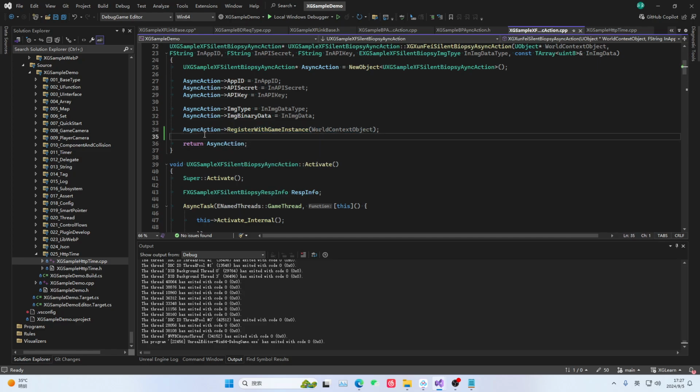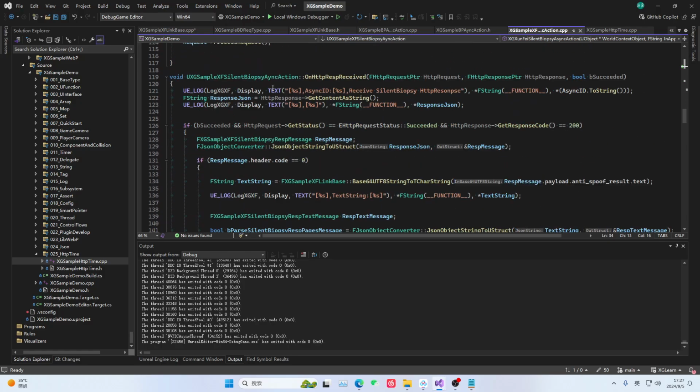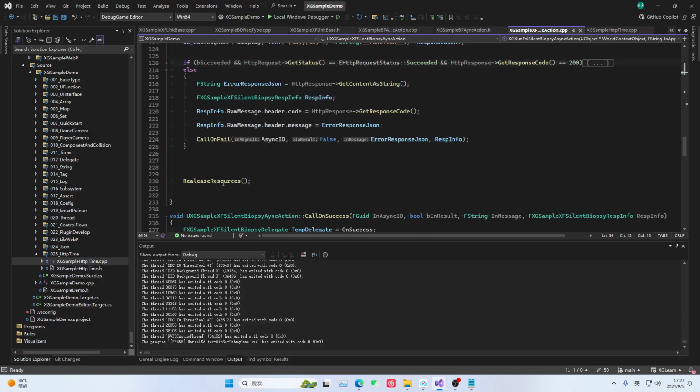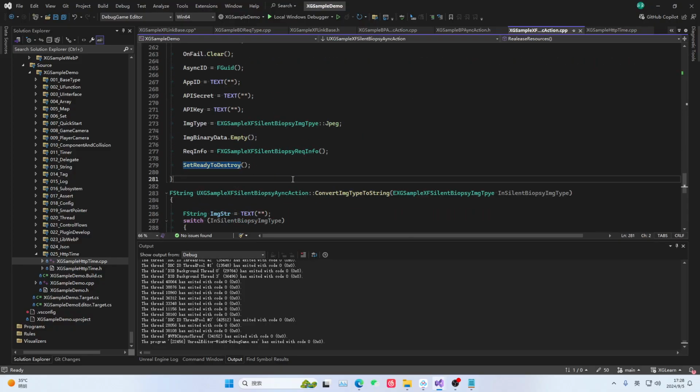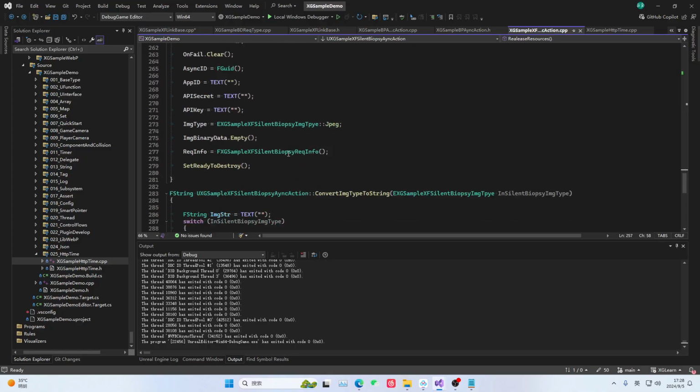So what exactly is the reason? It must be that your object has become invalid. It has been garbage collected. And what you need to pay attention to is that here, this resource must be released. If you forget to release the resource, then this thing will stay in memory